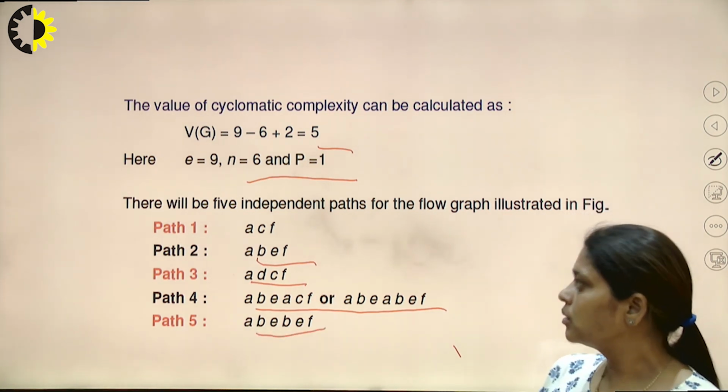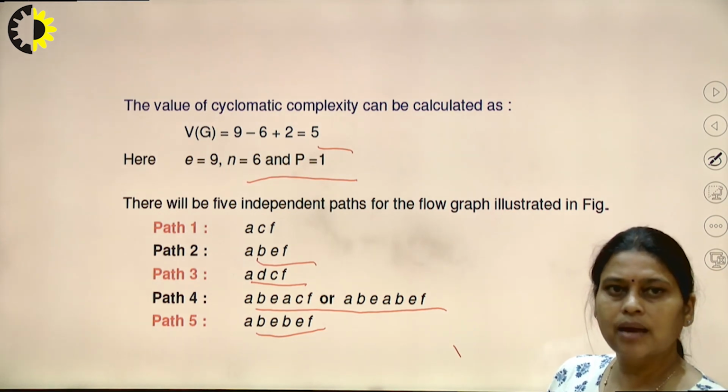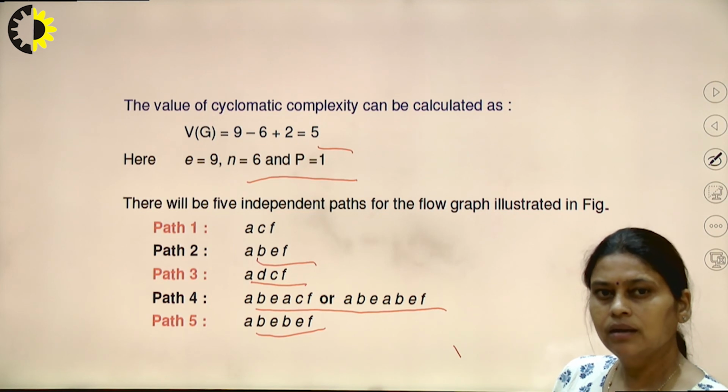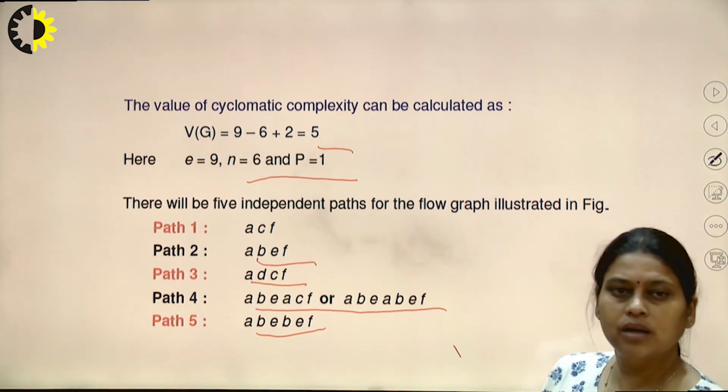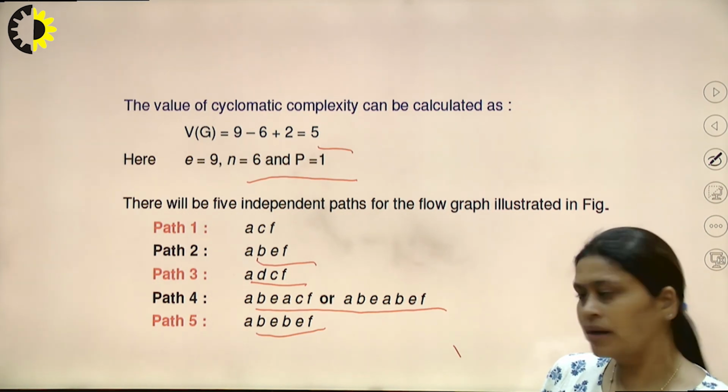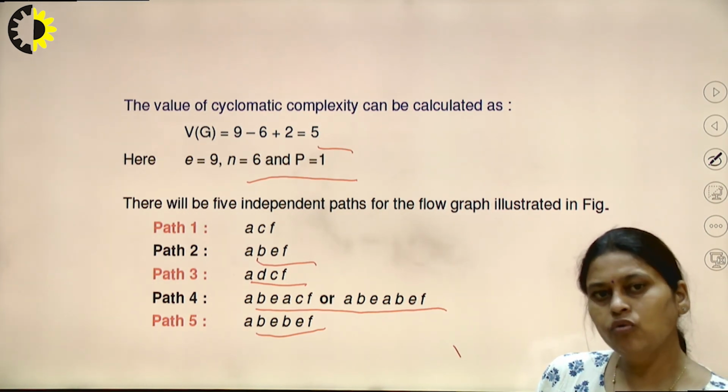So this is another example for calculating the cyclomatic complexity of a given program or given control flow graph. So either we have a program or we have a control flow graph.